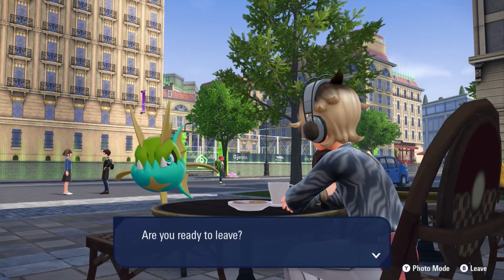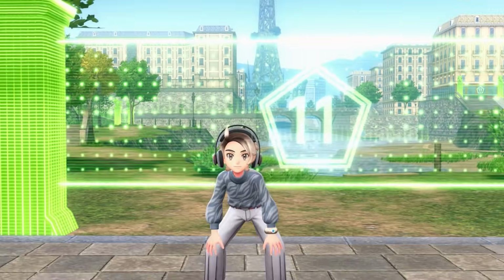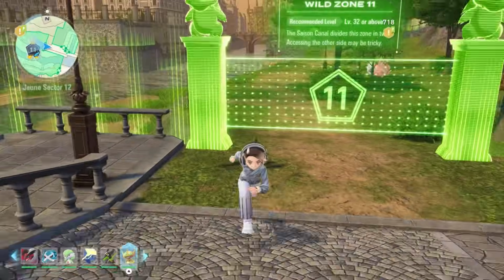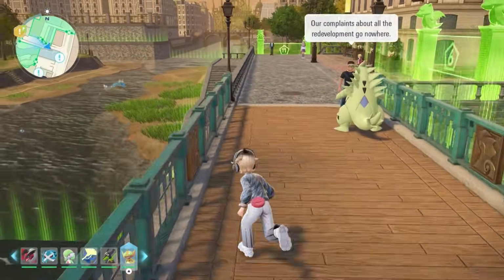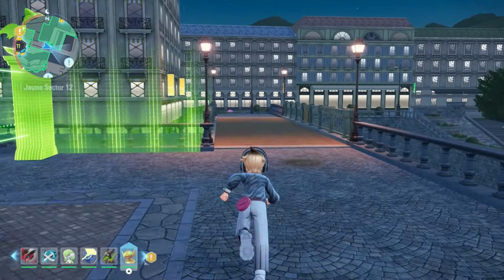Oh, let's get away from this area and head to Wild Zone 11. For Wild Zone 11, we can take a nice break from the constant flying, as the hunt will just be us running back and forth on this bridge, and safe to say this might be the craziest phase of the challenge so far. Oh,